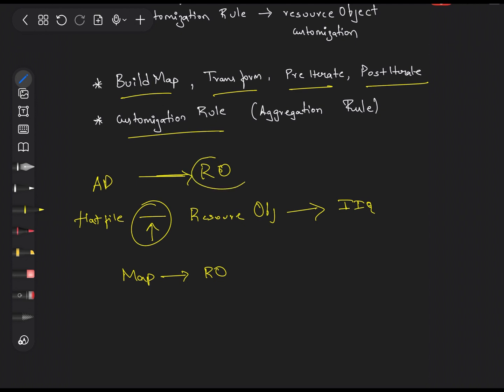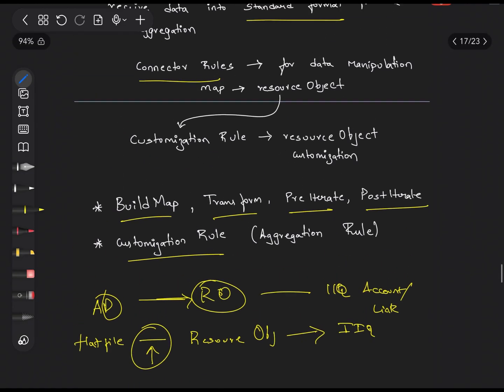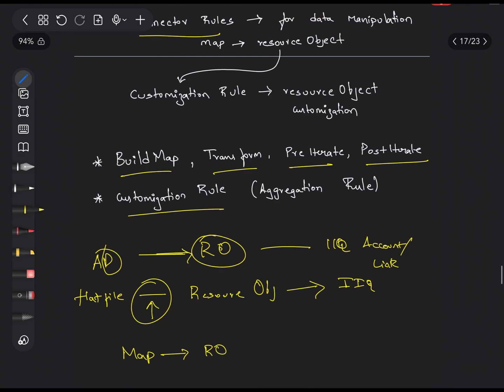You have a customization rule. Using a customization rule, you can modify a resource object, and it can be stored in IAQ as an account or link. So this is the flow. You get the application, so IAQ will aggregate it, and using its own logic, it will translate and manipulate it into our standard format, that is the resource object. IAQ will get the resource object, and it will store it as a link